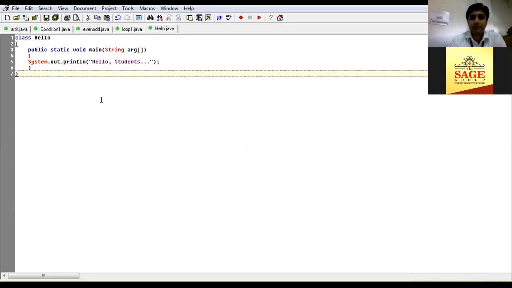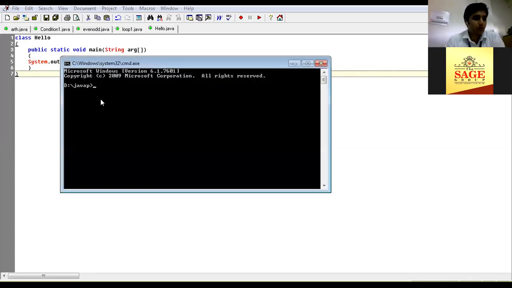Now we have to compile that program. So we press the F10 key, and our console will open. Our program's folder on the D drive, Java P, will be opened on the console by pressing the F10 function key. Here we will write javac to compile our program. The program name is hello.java. To remember, to compile our program, we use the command javac, Java compilation. Now we click on enter.